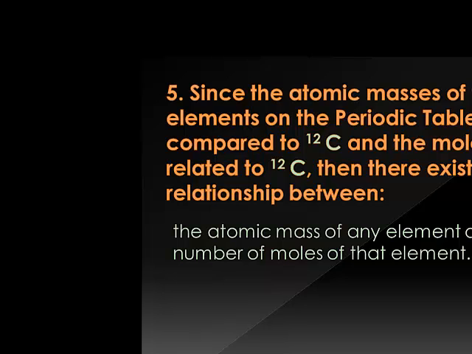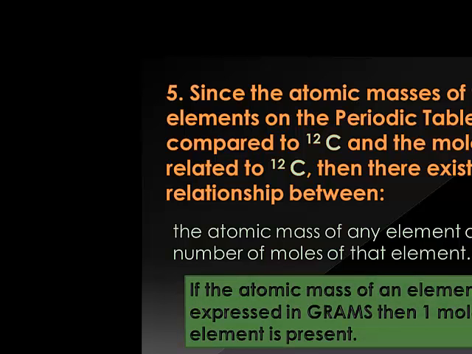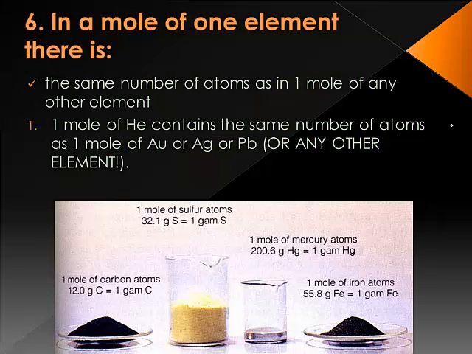And here's the relationship. If you take an atomic mass of an element and you express that in grams, then you have 1 mole of the element present. So, in 1 mole of an element, you have the same number of atoms as any other element, 6.022 times 10 to the 23. 1 mole of helium contains the same number of atoms as 1 mole of gold or silver or lead or any other element, except